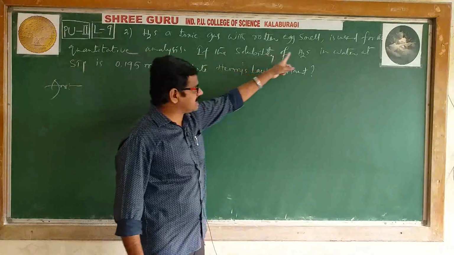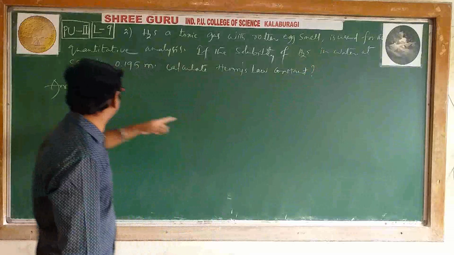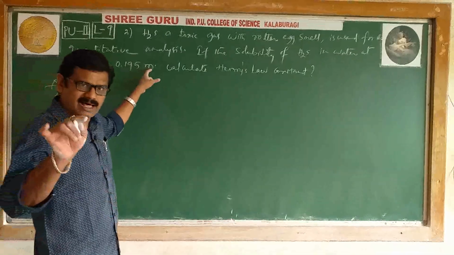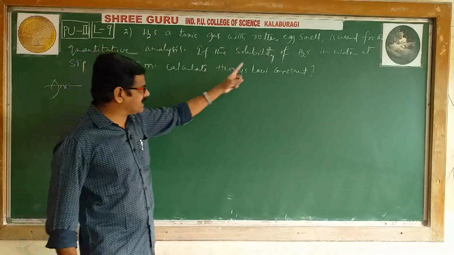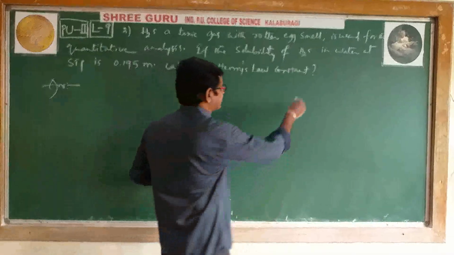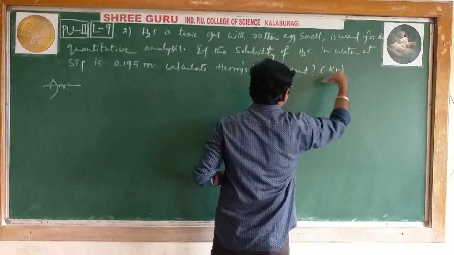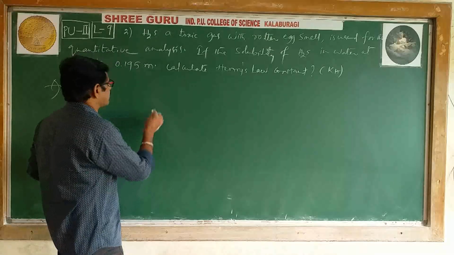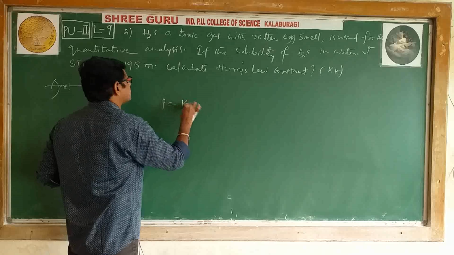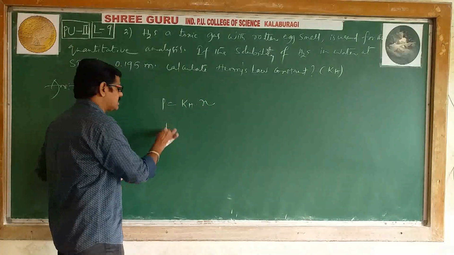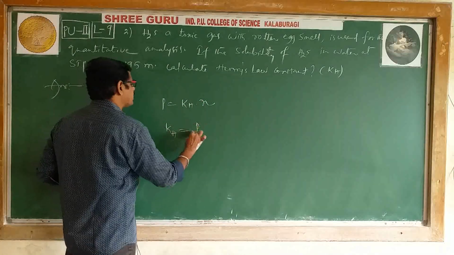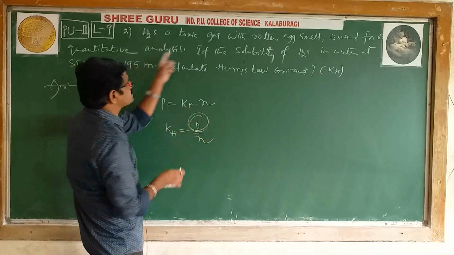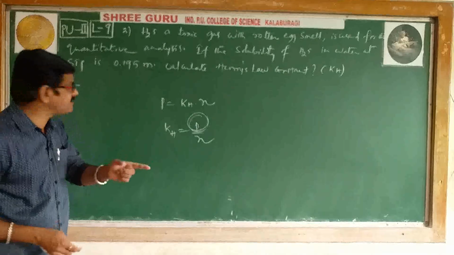If the solubility of H2S in water at STP is 0.195 molality, calculate Henry's law constant, that is KH, he is asking. Then we have the formula P equals KH into X, so KH equals P by X. Now what is P? The P value is not mentioned in the question, but we can write it because he has mentioned